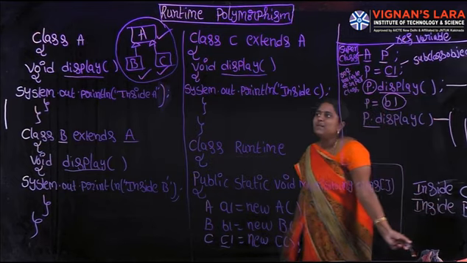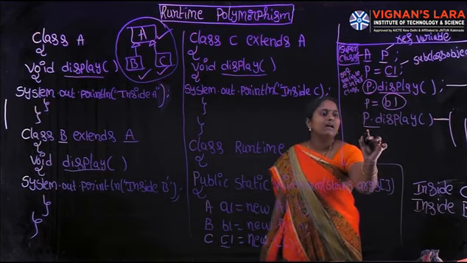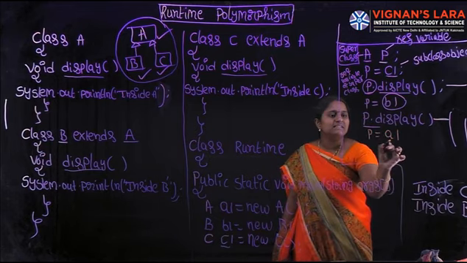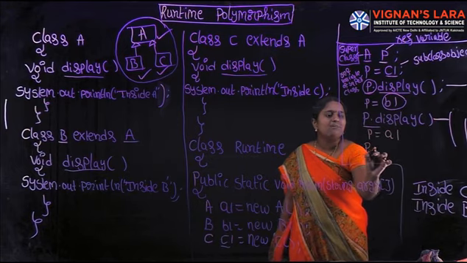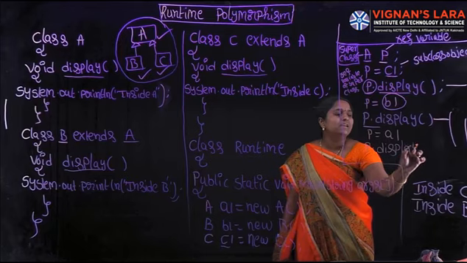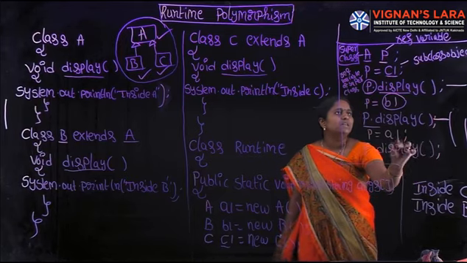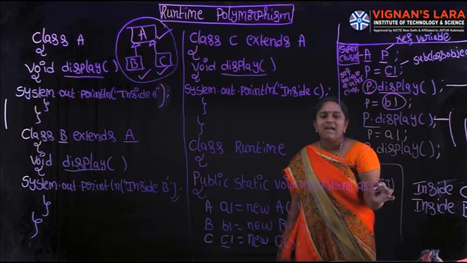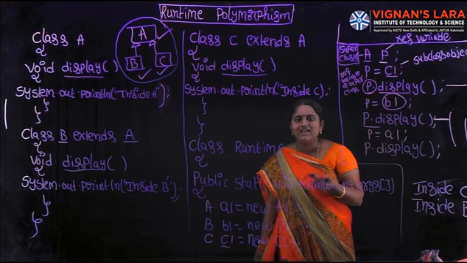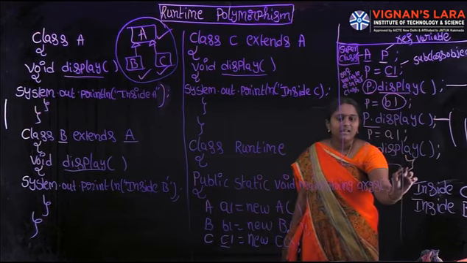Suppose in the similar way we have to access A class also. Simply A1 reference, the A1 object is assigned to the superclass reference. With the help of the superclass reference, I am calling the overridden method. Here, what is our overridden method? Display. Every statement is terminated by a semicolon. If we forget to keep a semicolon, at the time of compilation it leads to an error. So, I am closing the method body and class body.